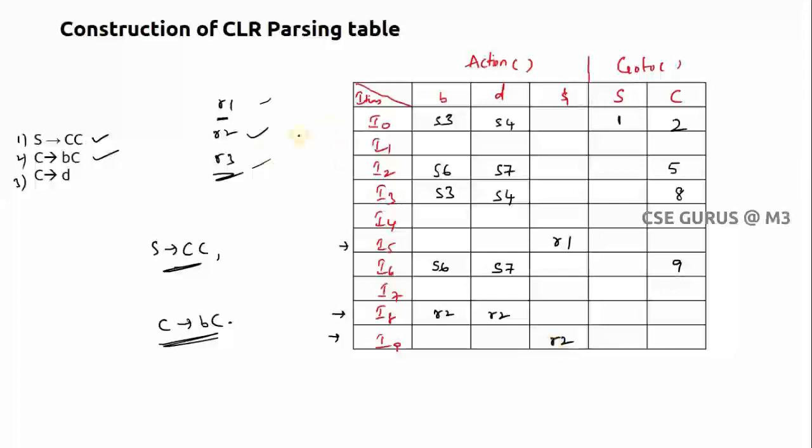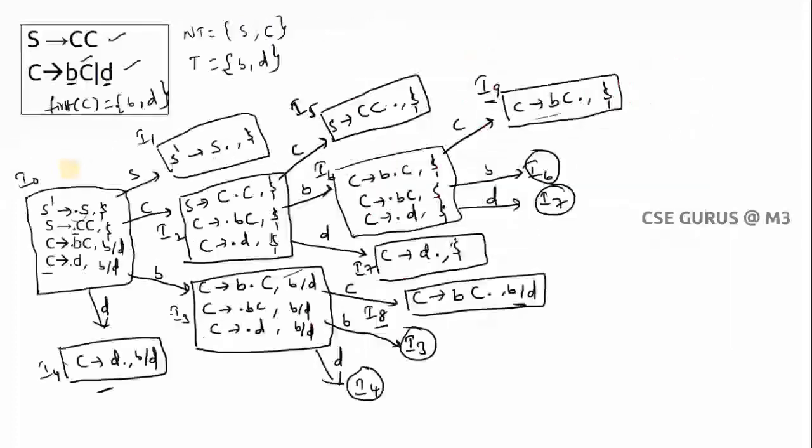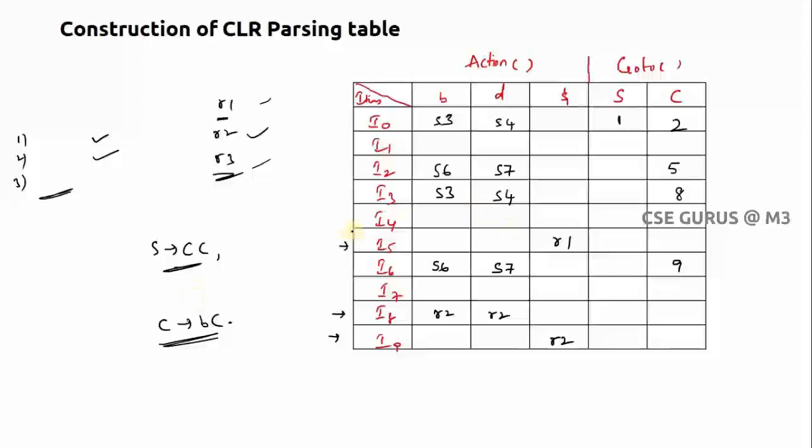Now R2 is also over. Now coming to R3, where I need to write it, you have to check. Third production, C tends to D. So where is C tends to D dot? You have to check it out. Here it is dot D, no? Here it is C tends to D dot, I4. Not only I4, here I7, C tends to D dot. So that means in I4 and I7 you have C tends to D dot. So I'll go to I4, I'll go to I7.